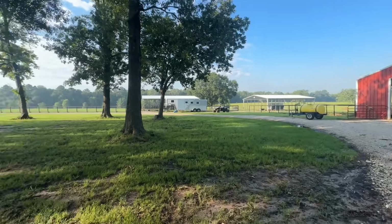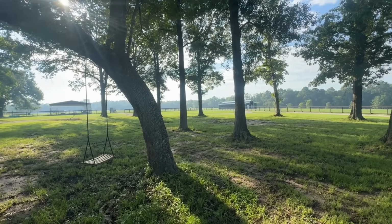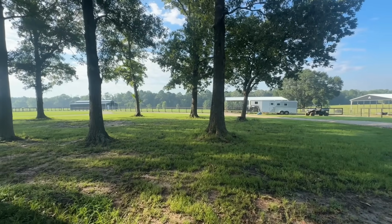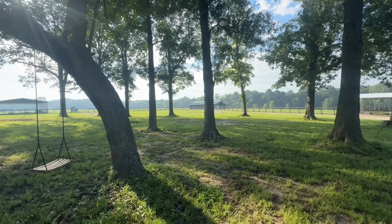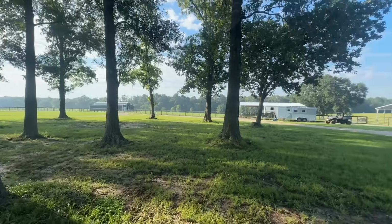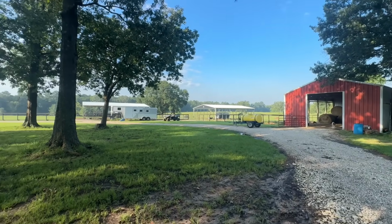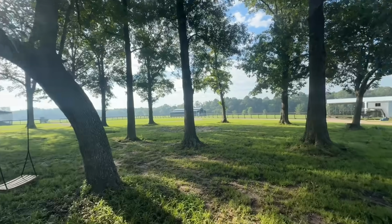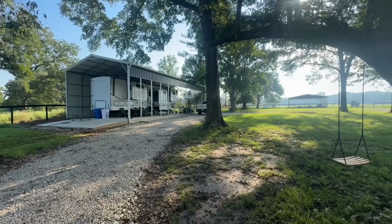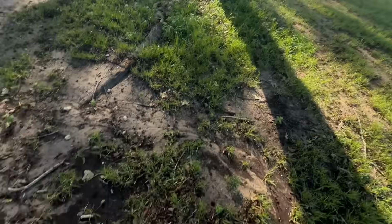But listen, before you can ever consider making that kind of a move, you have to have things set up in place ahead of time. For all that we have to do, we could move the animals easy enough just by adding a few shelters, a few extra cross fences and things like that, and your animals are welcome to come on over. But some of the things that you cannot bring over, because we don't have a home here, we have an RV. Some of the things that you can't bring over are all of the things that,